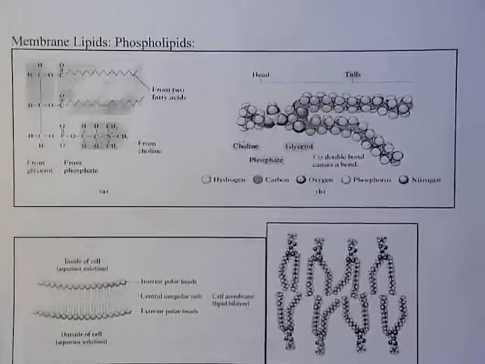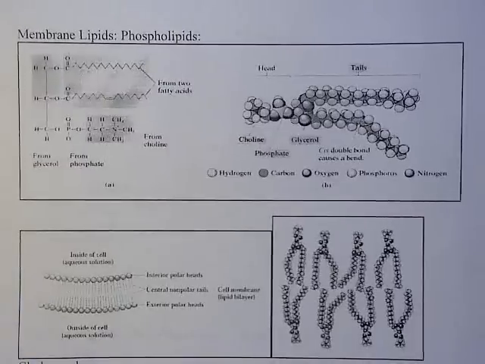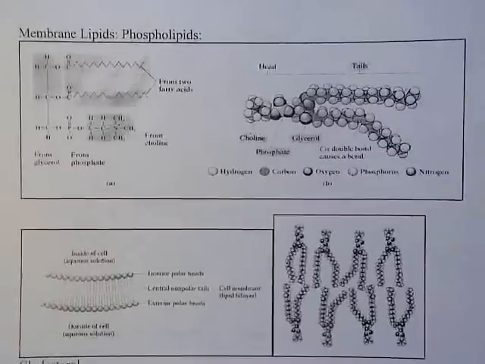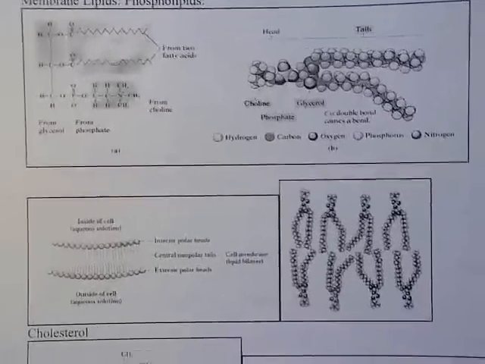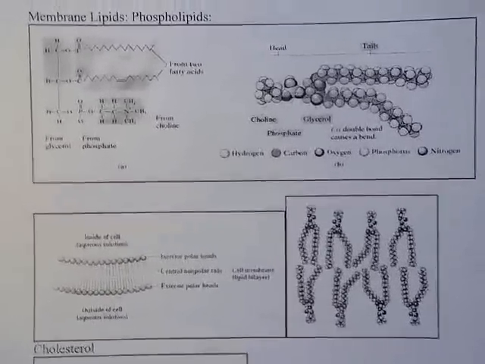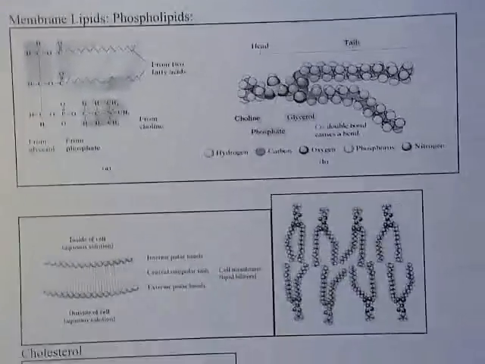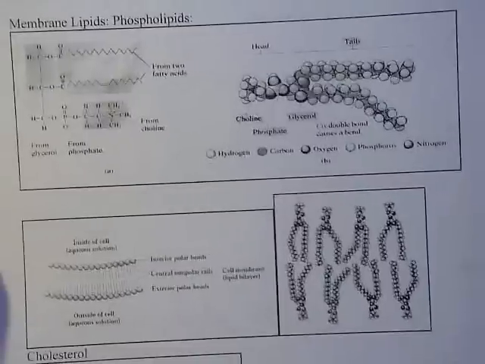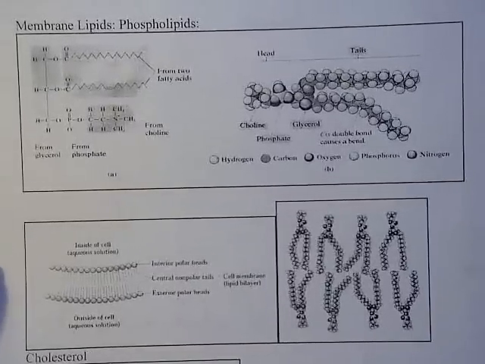So this is the last lecture on lipids, and I just want to give you an overview of the other type of lipids that are classified under this class. We're going to look at the membranes first, which are phospholipids and cholesterol. And then we're going to look at some compounds that are structurally similar to cholesterol. And then we'll end with vitamins, and take a look at some of the fat soluble vitamins. All right, so